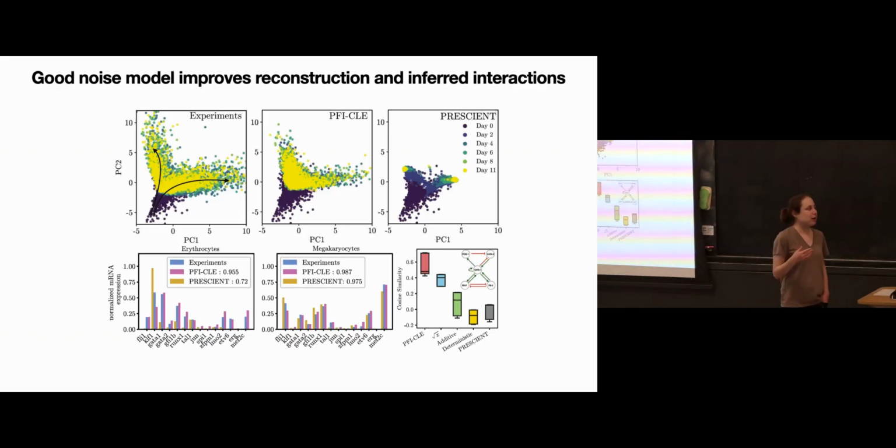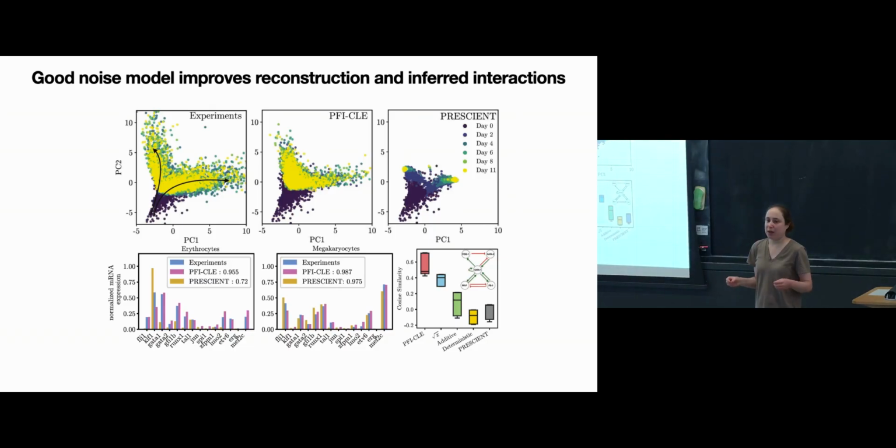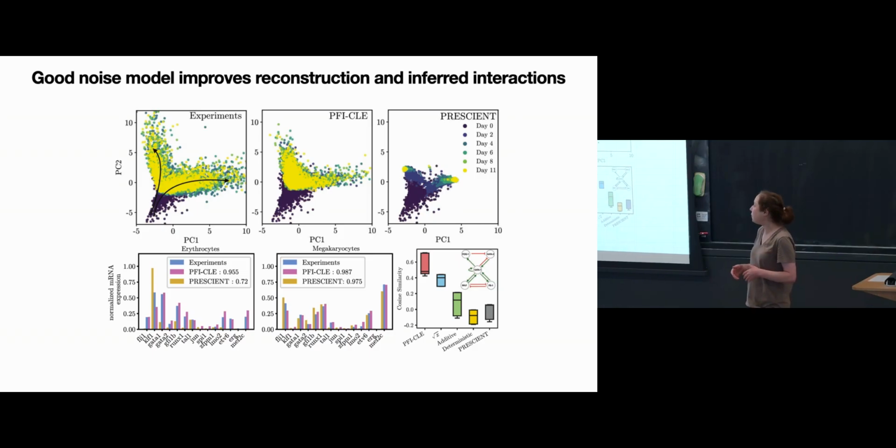So basically there are a number of different versions of F, this deterministic interaction matrix, that will reconstruct for you, that will do a decent job of showing where cells go and maybe making things like fate predictions, but the structure can be incorrect